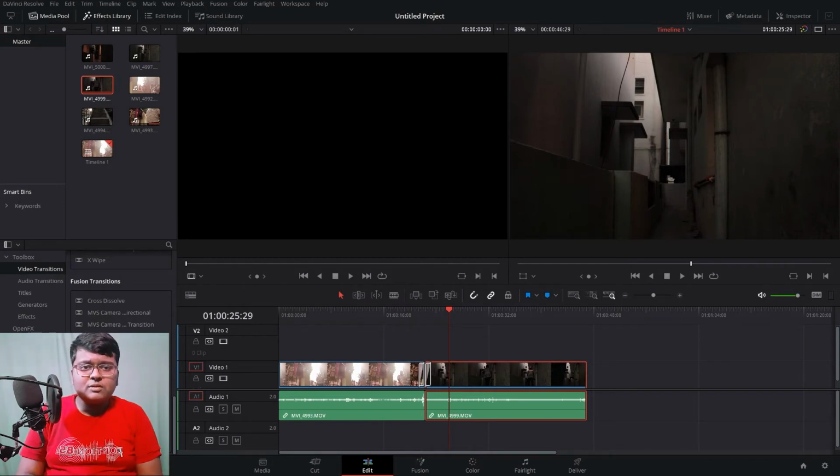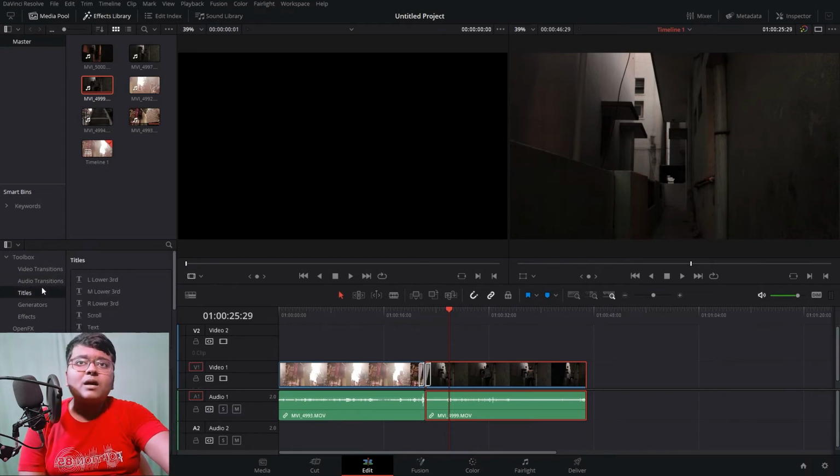And most of you have asked me why I have not upgraded to DaVinci Resolve 17 yet. The main reason is it is still in beta, so I want the stable version of it. A beta version may be like testing and all, which I like, but I need the stable version of DaVinci. When it releases, I'll just switch to DaVinci Resolve 17.